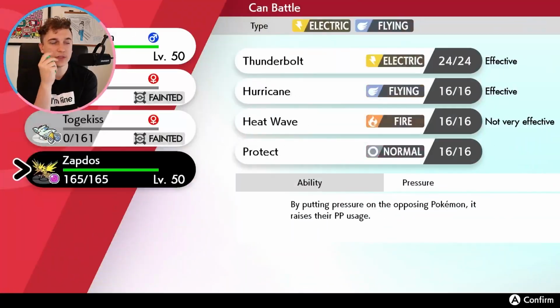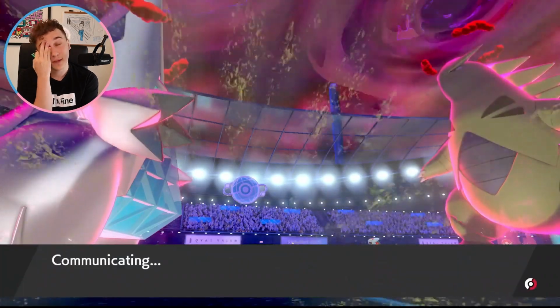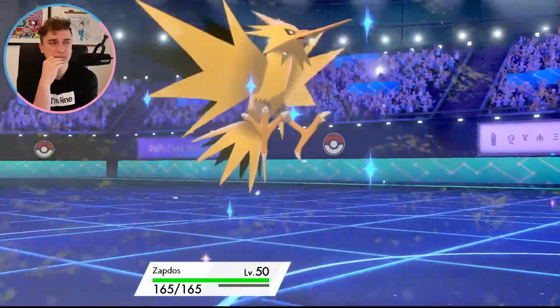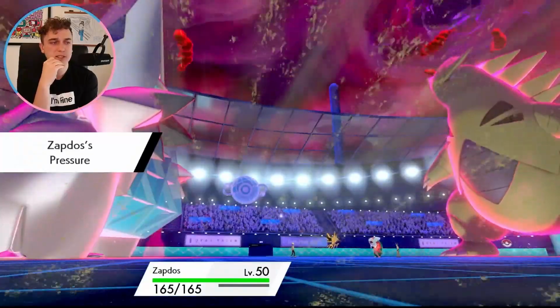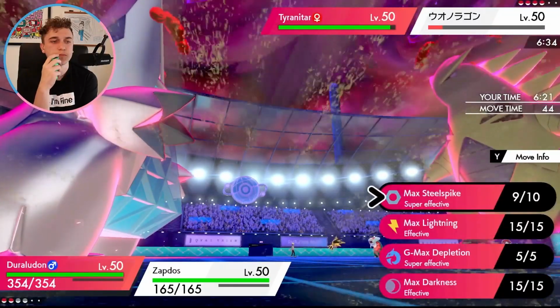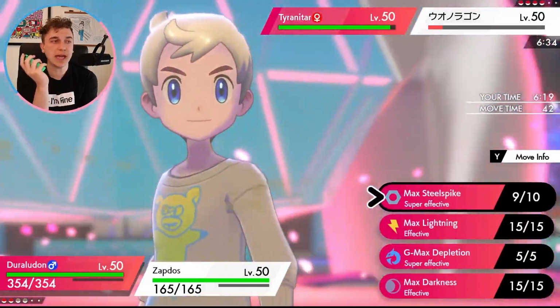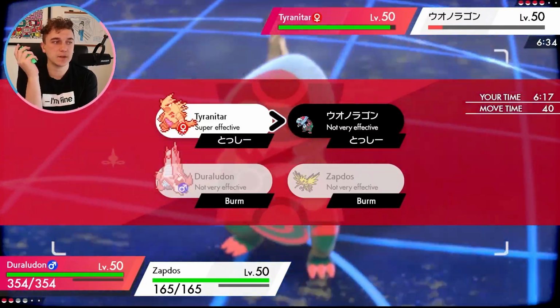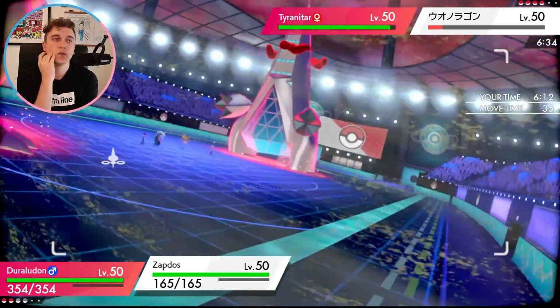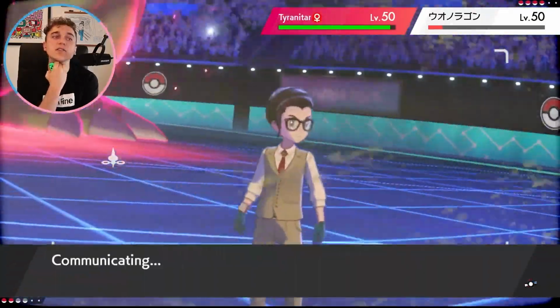Okay, and now Zapdos is who we have left. Not ideal, obviously, by any means. Especially because I'm probably slower than the T-Tar, too. But I can now Steel Spike into T-Tar. Okay. I can Protect with Zapdos. And if we can get this T-Tar...